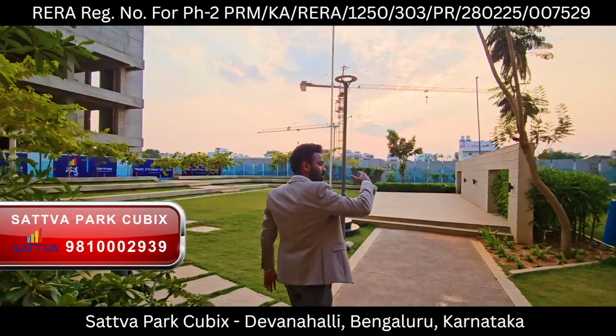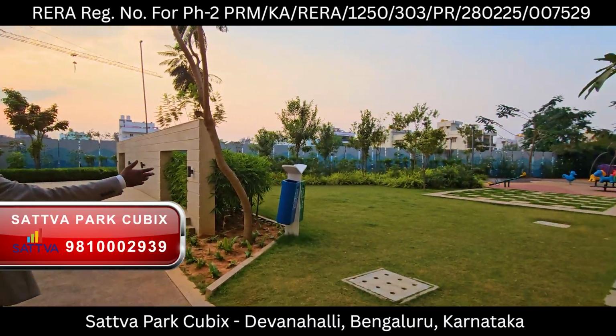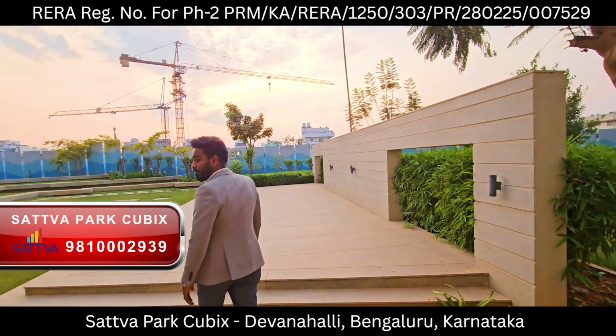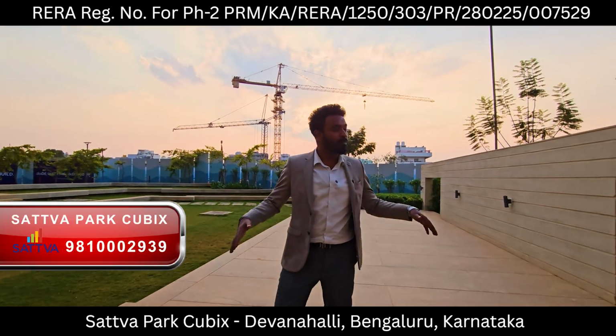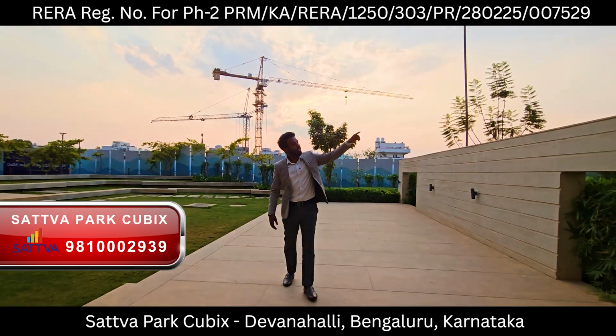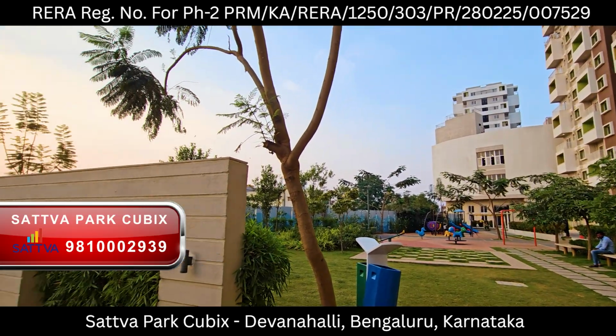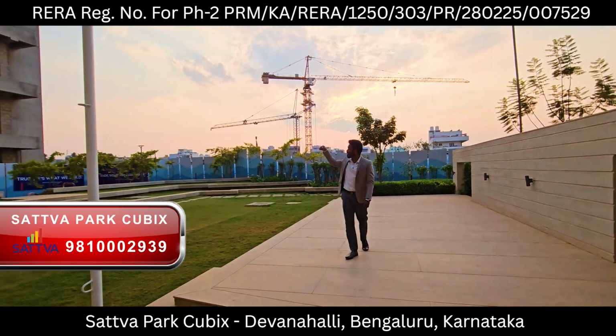And that side is all toddlers area where you have kids play area, leisure garden, sit out area. और अगर आप एम्फीथिएटर का प्लेसमेंट देखोगे, टेक्निकली, तो ये हमने बीचों बीच रखा है। कि अगर आप क्लब हाउस के टॉप फ्लोर से या जिम से देखते हो तो आपको ये एम्फीथिएटर दिखेगा।